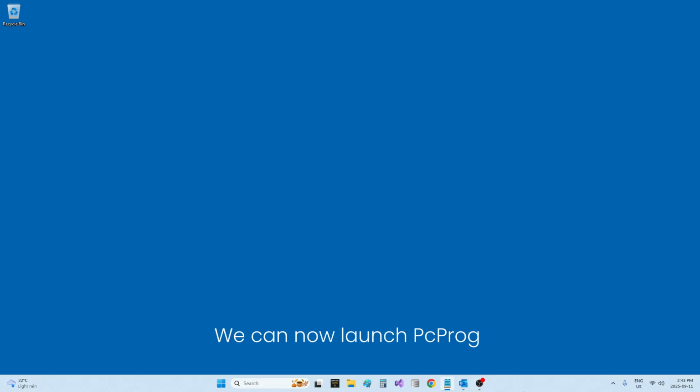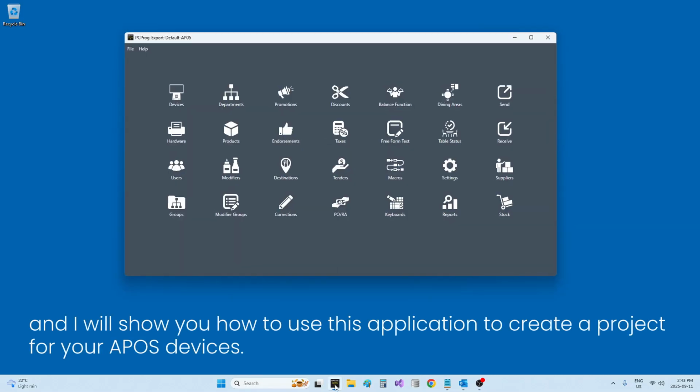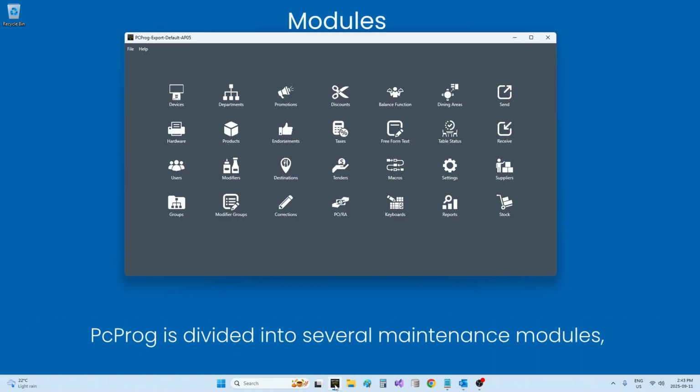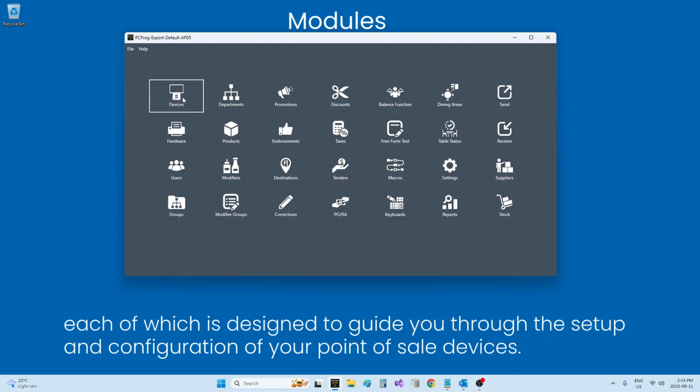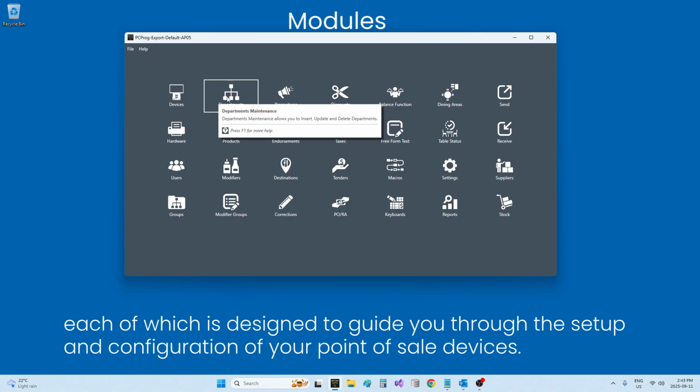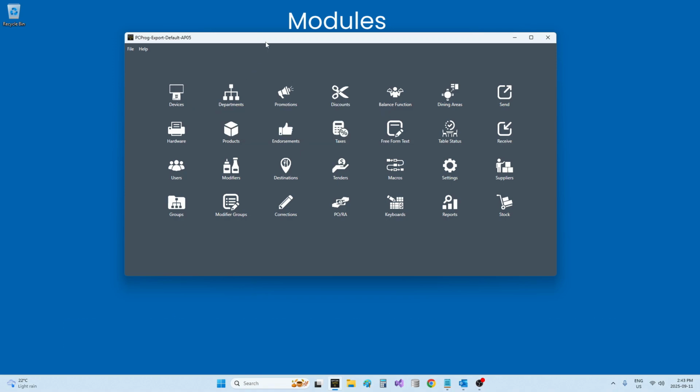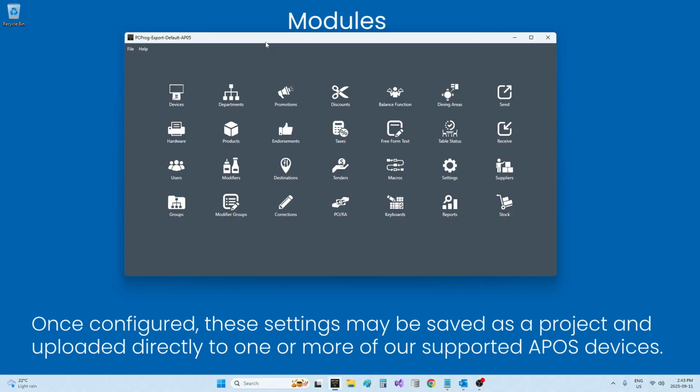Okay, we can now launch PCProg. And I will show you how to use this application to create a project for your APOS devices. PCProg is divided into several maintenance modules, each of which is designed to guide you through the setup and configuration of your point-of-sale devices. Once configured, these settings may be saved as a project and uploaded directly to one or more of our supported